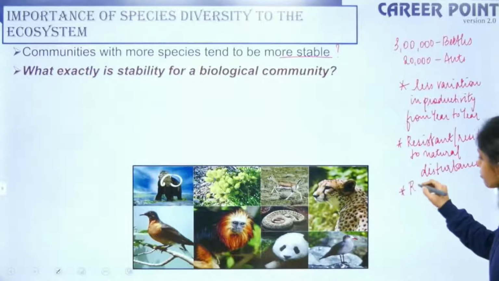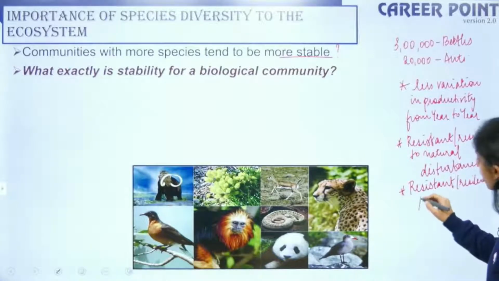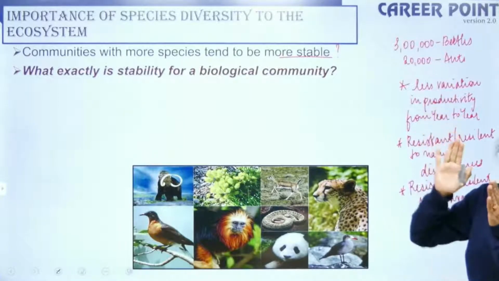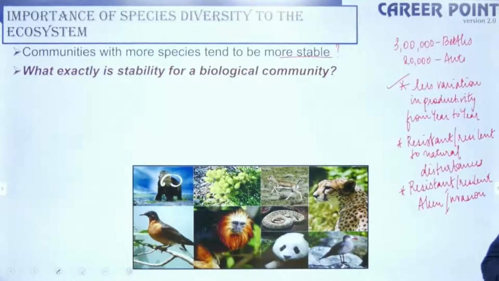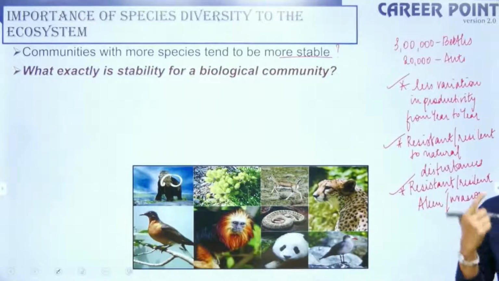Number 3, it should be resistant or resilient to alien invasion, to exotic species. It should not allow exotic or alien species invasion. So this is what I mean by biological stability for a biological community. It should have less variation in productivity from year to year, and it should be resistant or resilient to natural disturbances, and resistant and resilient to alien